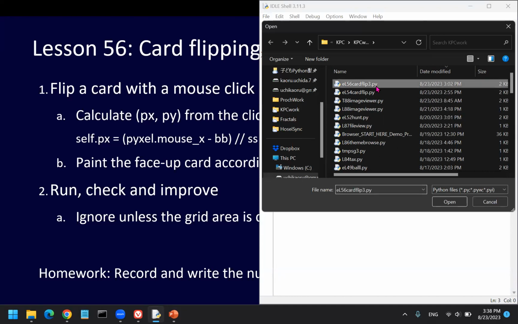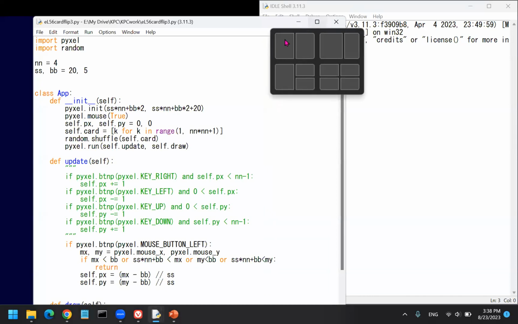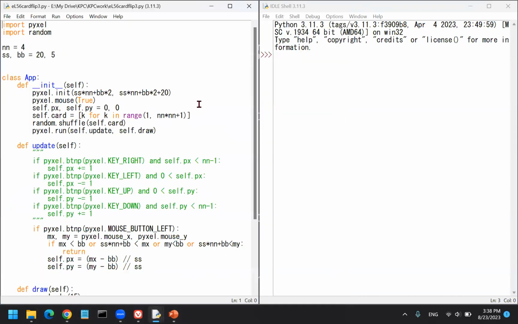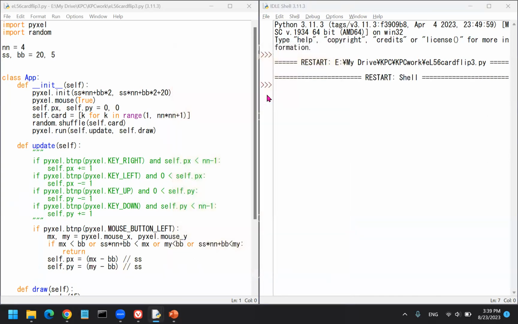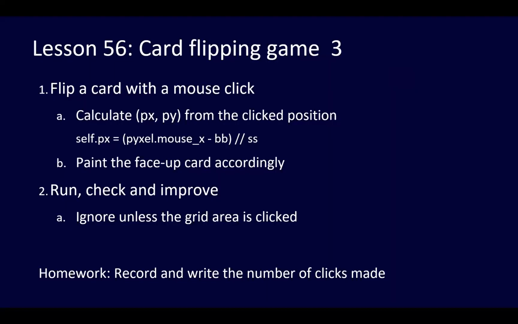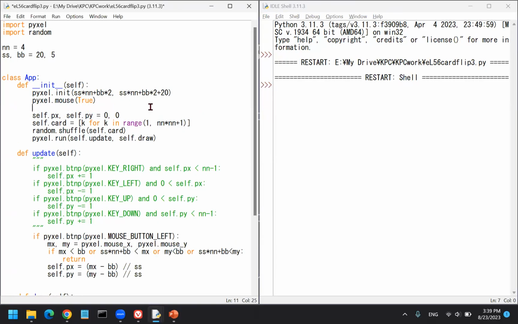L56, okay, we can move it here. If you run it and click, you can flip any card as you like. The homework was to record and write the number of flips. So maybe we can initialize